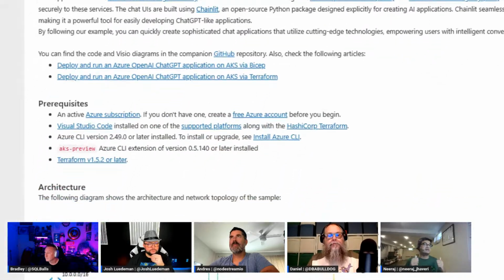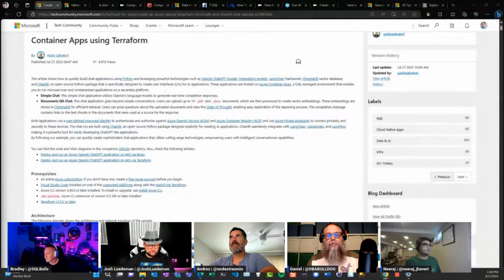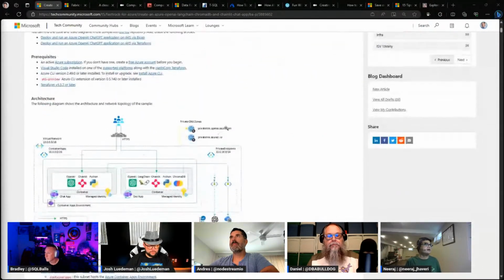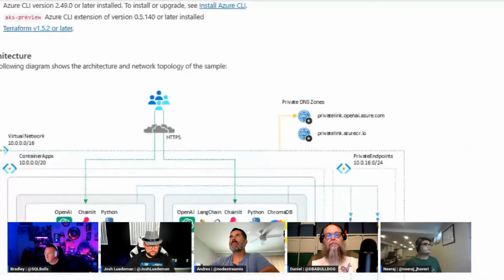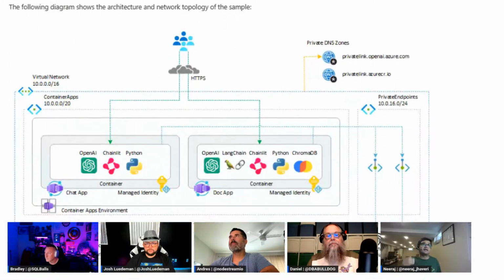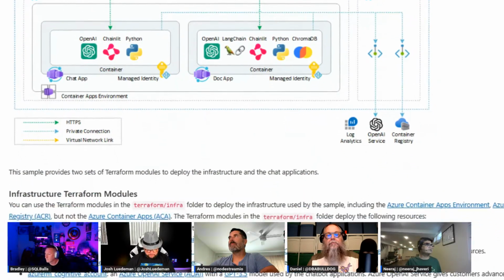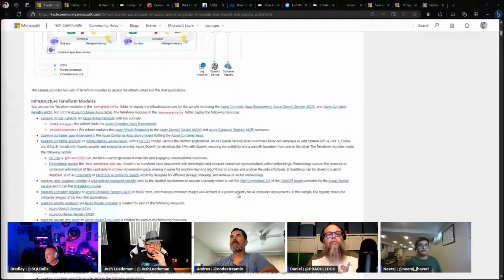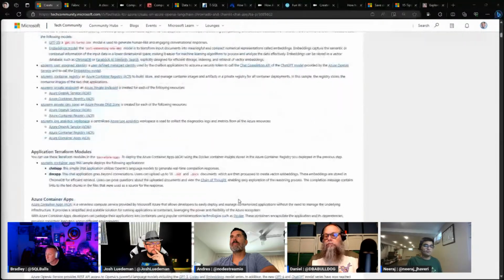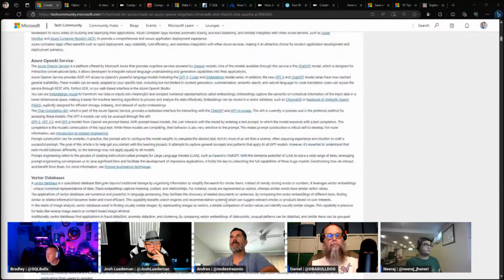He's also showing you a good architecture diagram to understand what exactly is going to be built using this whole thing, which was really nice to understand. And then he goes one by one through the steps, showing infrastructure, Terraform modules that you need to install on your machine, which applications you need, and then how to create your Azure container apps, your Azure OpenAI services, and the vector databases that he is putting together.